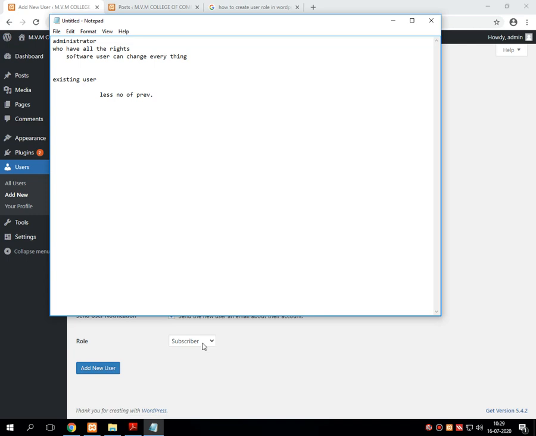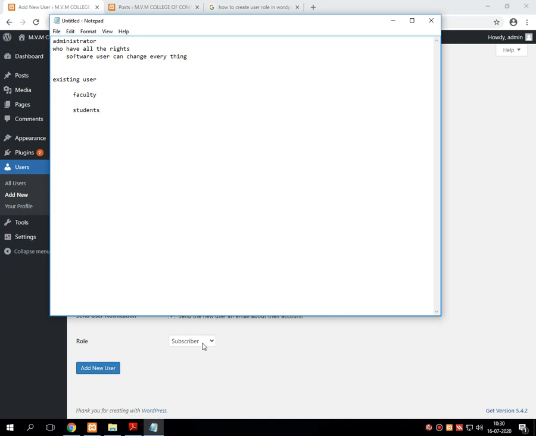That means he can look after everything from his computer dashboard and make any changes. He can visit every corner of the software, under which existing users come. In existing users, the first level is faculty, and the second level is students.